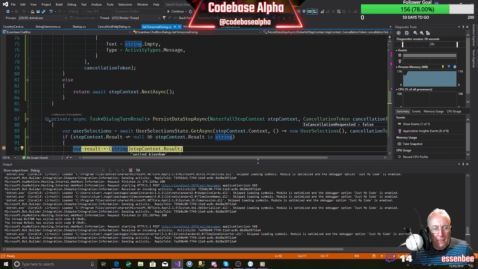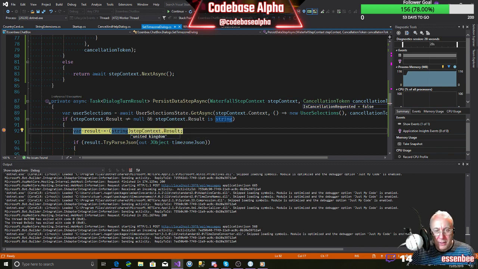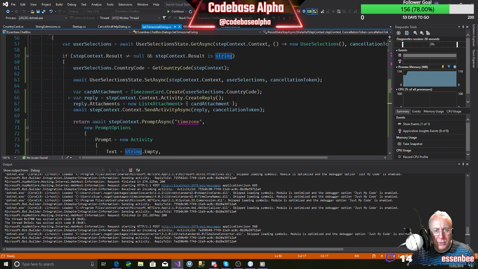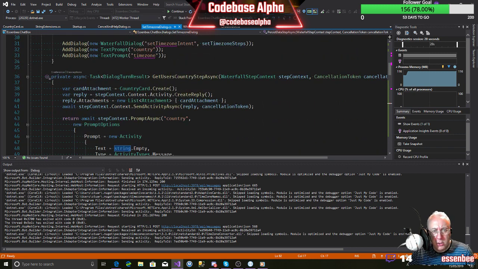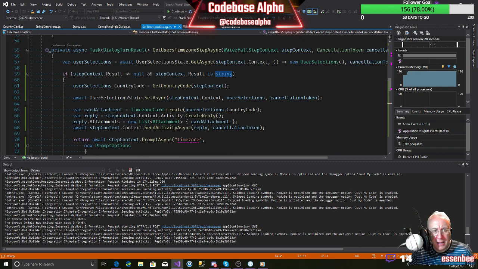When we hit here, rather than there being some JSON in this return object, it's actually got the word United Kingdom, but that word was consumed in the prior step of the dialogue, where they typed in United Kingdom. It passed it through. We detected whether there is any JSON in there. So we detected the country code and pulled it back correctly.